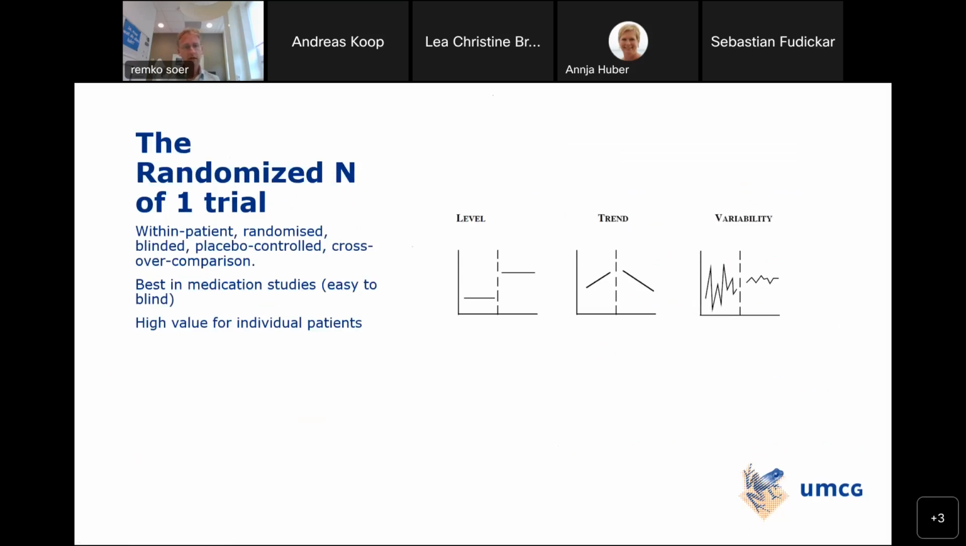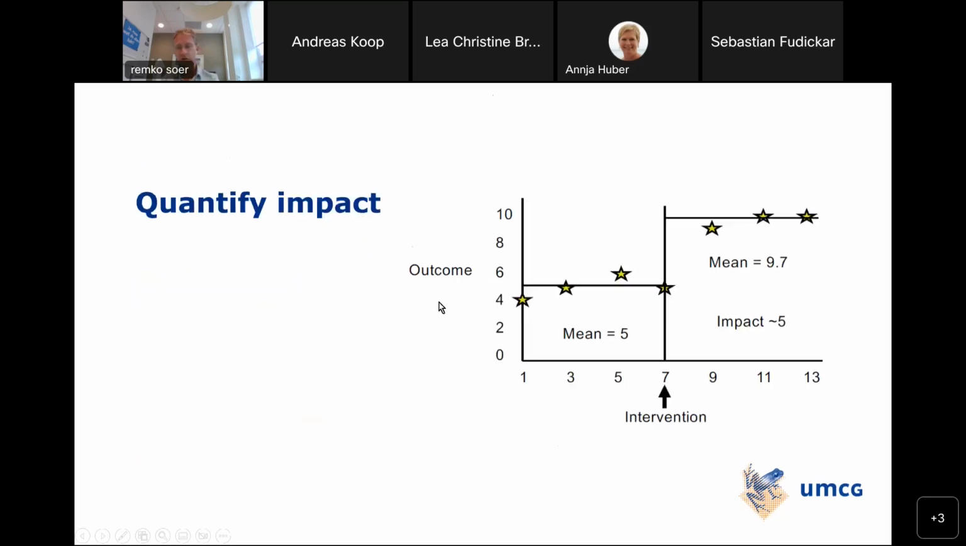So the N of 1 trial, a within-patient randomized blinded placebo-controlled crossover comparison, you can really do in medication studies because you can really blind them. They have a very high value for patients. And again, you can see the baseline and the differences. You can look at differences in trends, but you can also do some statistics on it. So what of course you want to do is to quantify the impact of your intervention. So you can